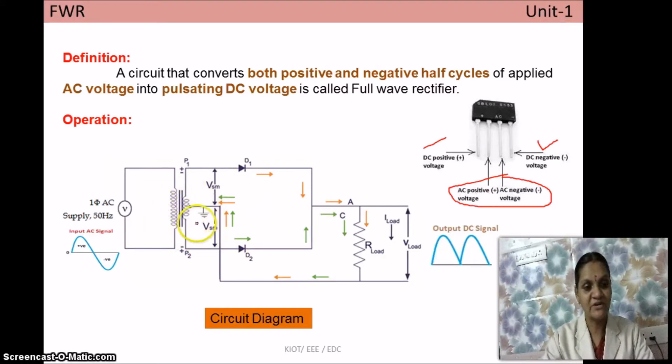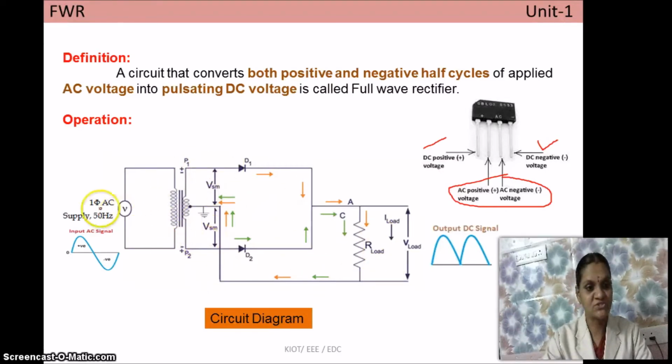So the main advantage of a center tap transformer is upper half and lower half get equal voltages but in opposite polarity. So if the secondary winding is getting 6 volt, means upper half you will get plus 6 and lower half you will get minus 6. If not, upper half you will get minus 6 and lower half you will get plus 6. So like that it is having privileges. It splits the voltages equally in both upper half and lower half. And the circuit connections have to be given like this.